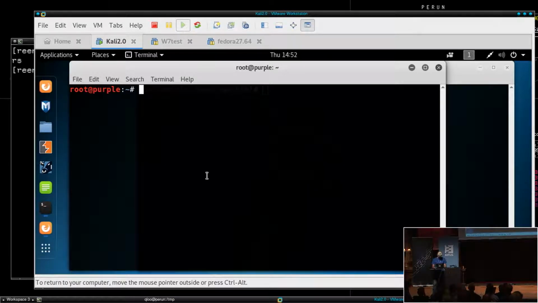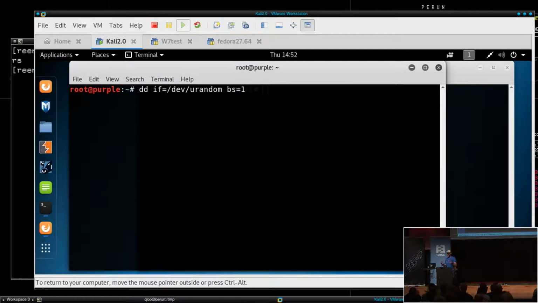For the generator, we have in Linux a device called /dev/urandom, which produces a pseudo-random stream of bytes. So we can take like 100 bytes from that and pipe it through, let's say, base64.